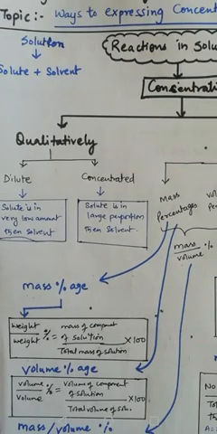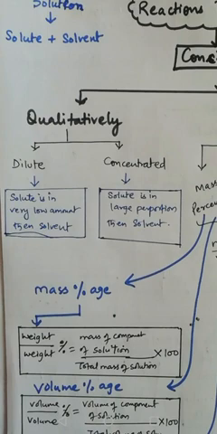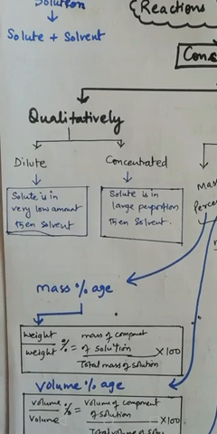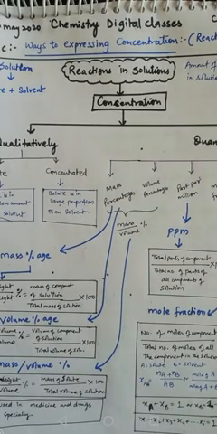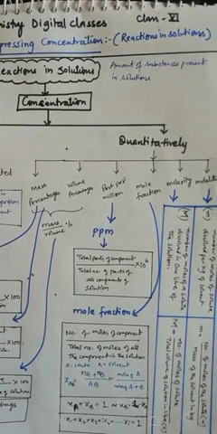Okay, so these two, diluted and concentrated, are used in chemistry for so many chemicals. Those chemicals are known as, suppose, diluted acid, concentrated acid, dilute solution, concentrated solution. It means that in dilute acids, the amount of acid is very much less than the amount of water, whereas in concentrated acids the amount of acid is more than the water. Sometimes this qualitative measurement is not that practical, or it creates some confusion. So we use quantitative types of concentration also.